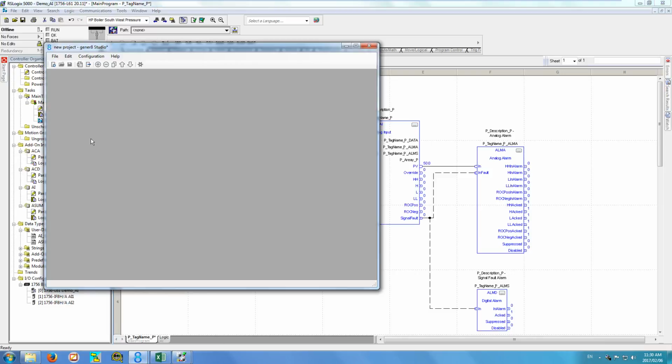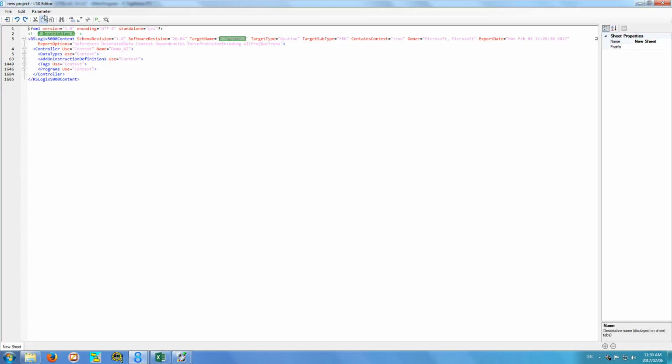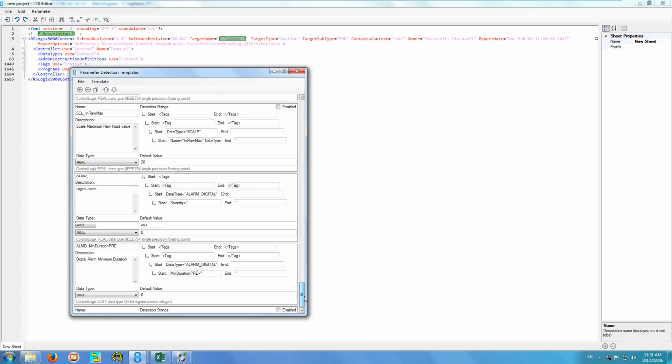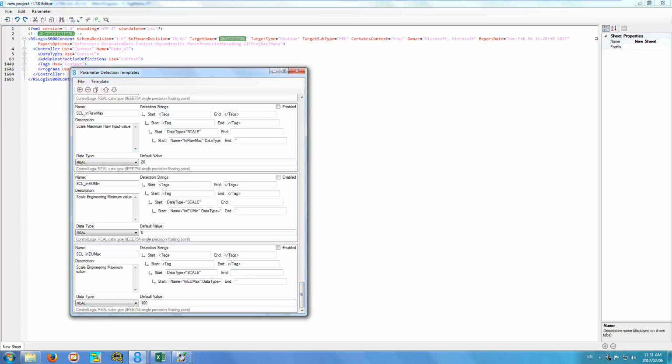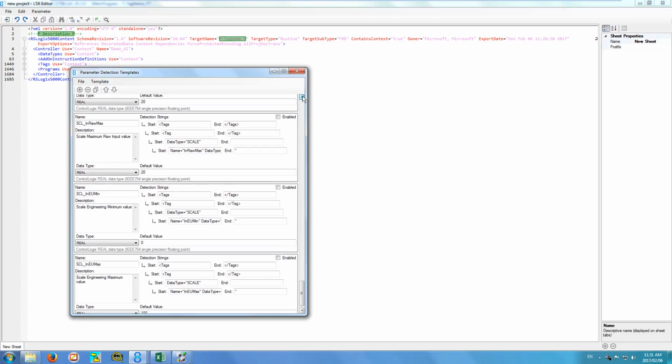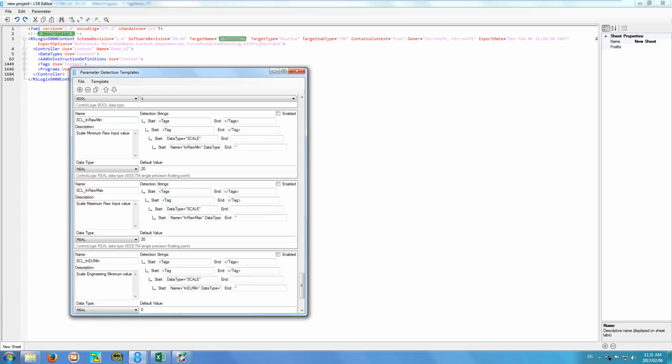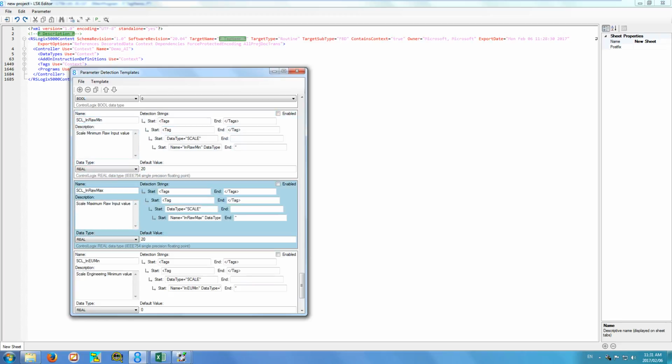here in gener8 I already configured a detection template to do that. So if you go here on parameter detection templates, I created a detection template here, which is, let me just find it here. I have it for scale in raw max, in raw min, should be a little up here. In raw min, in raw max. Let's make the in raw min the default value 4 milliamps, which makes more sense. So this detection template,